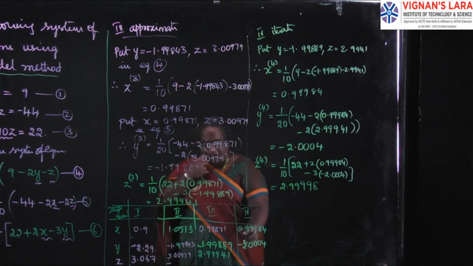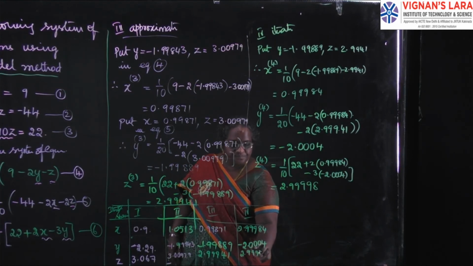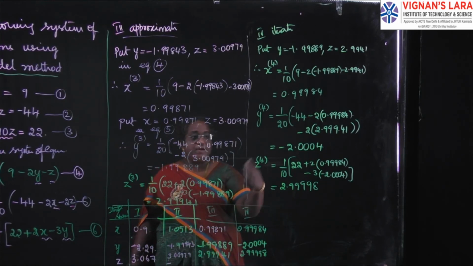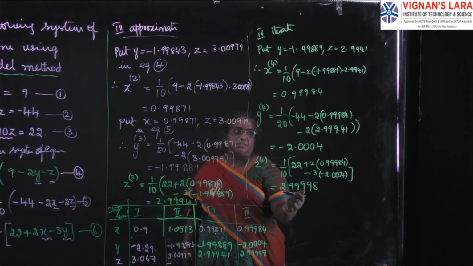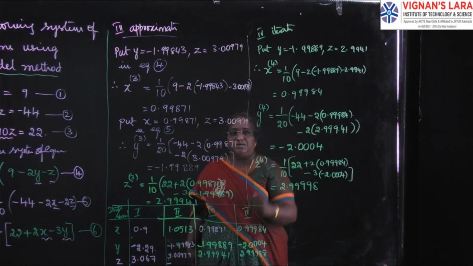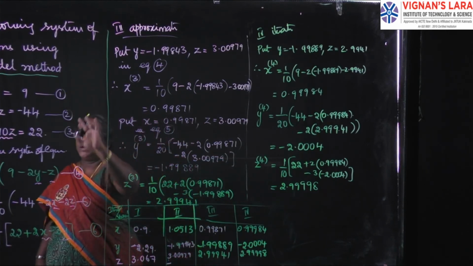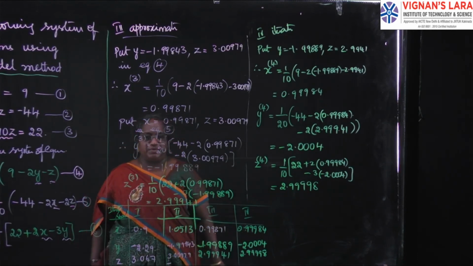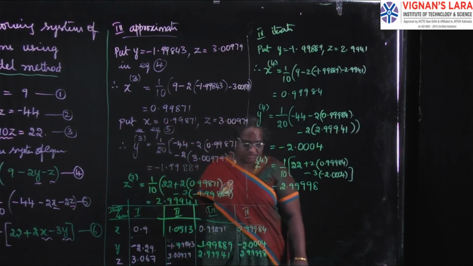If you have it in tabular form, you can see whether the values are nearer to the previous approximations or there is any deviation, so that you can go back and check the answer. If there is any correction, you can make it. So now we can stop here because it is minus 2.0004, 0.9999, almost equal to 1. One thing you can do is, in Calc you can feed these equations and obtain the solution, so that you can check whether your approximations are nearer to the real or exact solutions of the given system of equations.